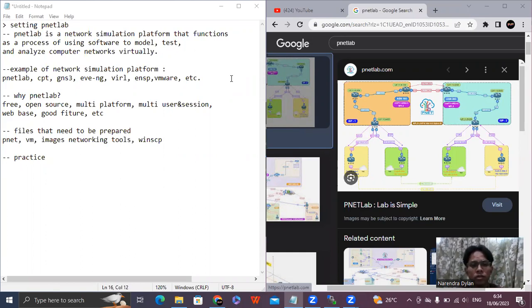In this video, we will learn together about the introduction of Pnetlab, and then we continue with how to set up Pnetlab. As you know, as a network engineer, maybe you are familiar with platforms for configuring, like Cisco Packet Tracer and others. And for this video, we can introduce a new platform,